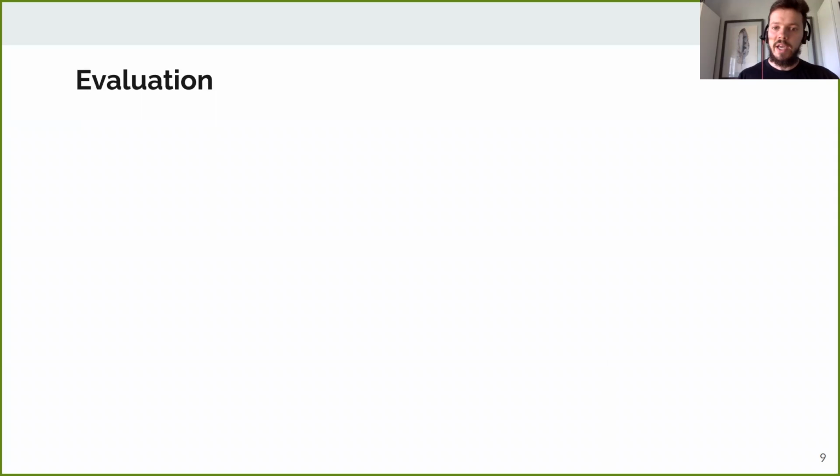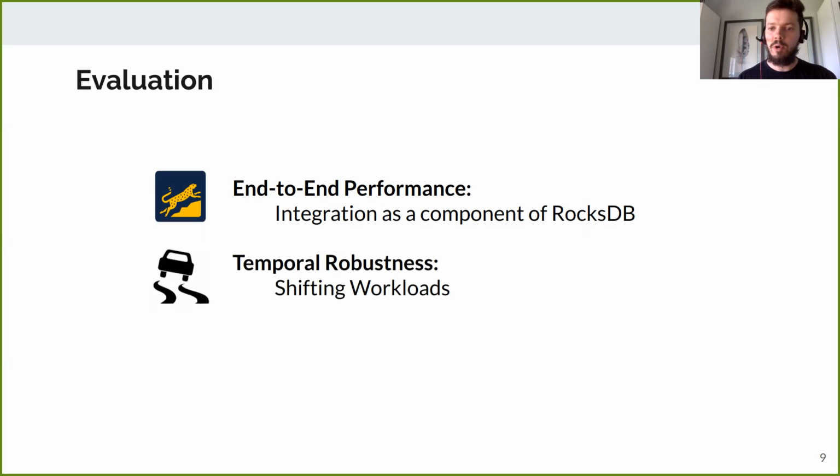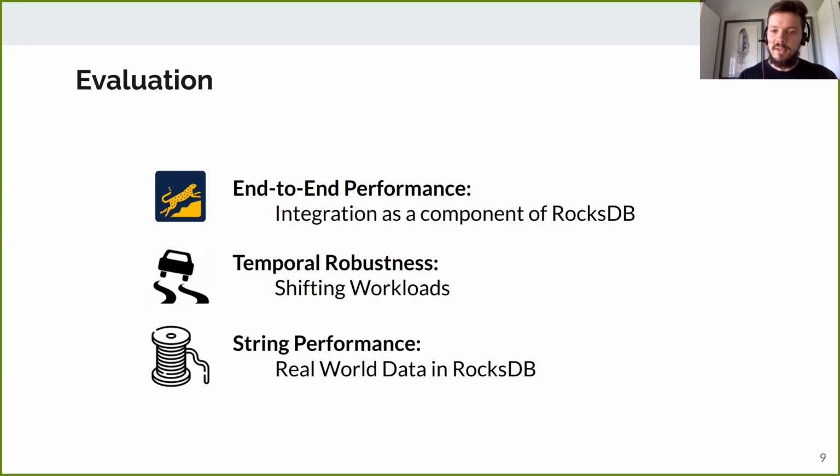We use a variety of criteria to evaluate the performance of a filter compared with state-of-the-art filters. First, the most important evaluation metric is the end-to-end latency of real-world storage engines, such as RocksDB, when combined with a filter. Then we test the reliance of a model on workload features by exposing a filter to shifting or changing workloads. Finally, we assess our filter performance on real-world string workloads.